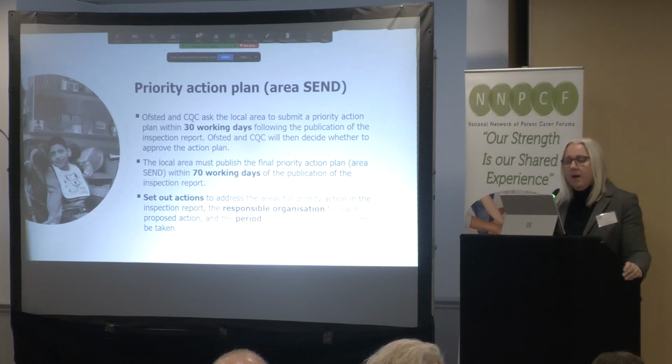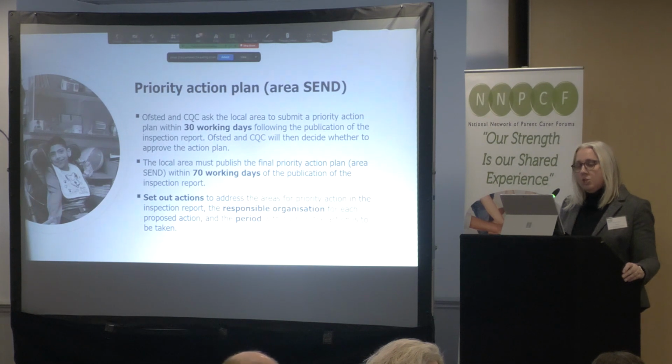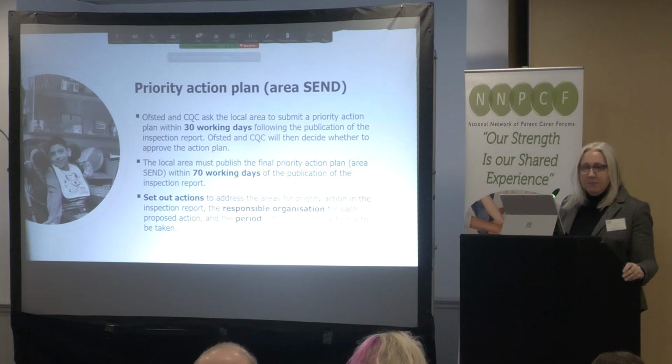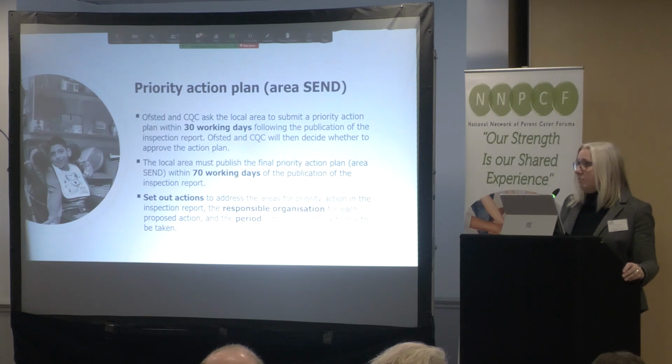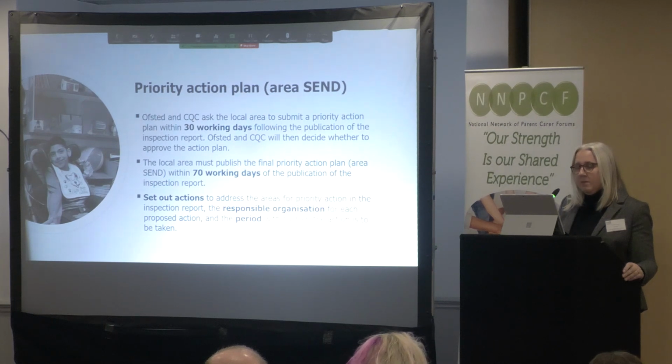And we've said where a local area partnership is found to have widespread or systemic failings or weaknesses, they do need to submit a separate action plan, and this priority action plan replaces the written statement of action that you'll already be familiar with. That's really them saying these are the actions from the reports that we know we need to do something about, and quickly. They submit it to Ofsted within 30 days of the published report, and then publish it widely when they've had a chance to review and agree that plan.